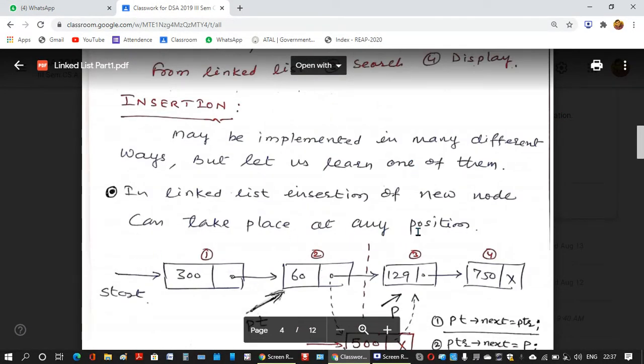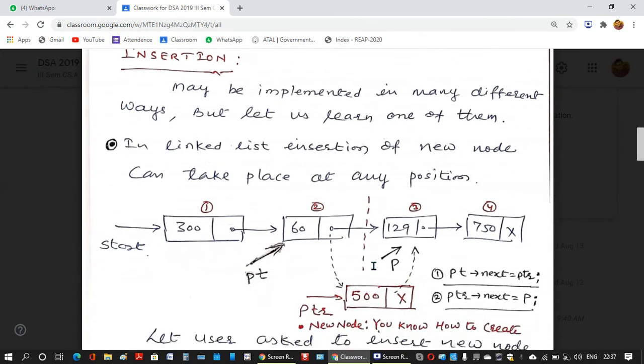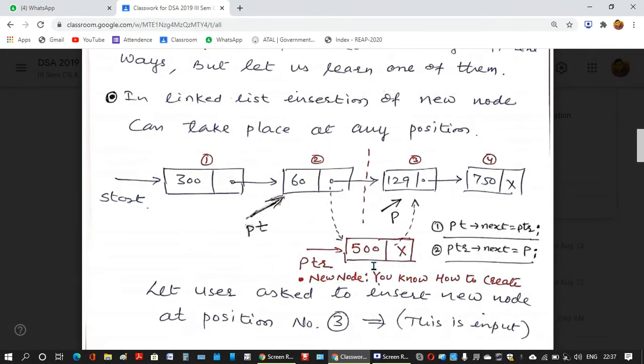Suppose this is a linked list which is already created by your program. It is already created because initially it was empty, then you inserted one element, then you inserted one more element, then one more, and then one more. So there are four elements now.